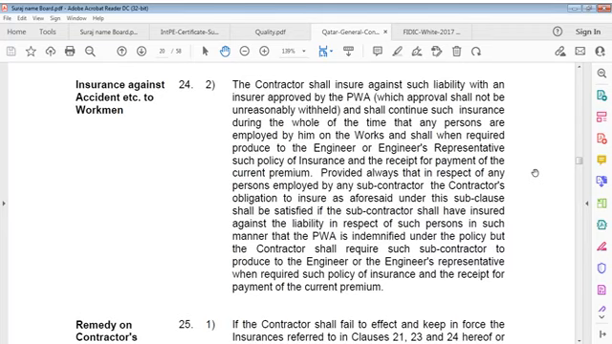Any incident occurs, and any of our workers is involved in it, the contractor shall insure against such liability with an insurer approved by client and shall continue such insurance during the whole time that persons are employed by the contractor on the works, and when required produce to the engineer or engineer's representative such policy of insurance and receipt for payment of current premium, provided always that in respect of every person employed by a subcontractor, the contractor's obligation to insure as aforesaid under this subclause shall be satisfied